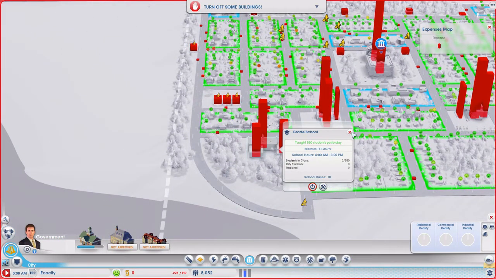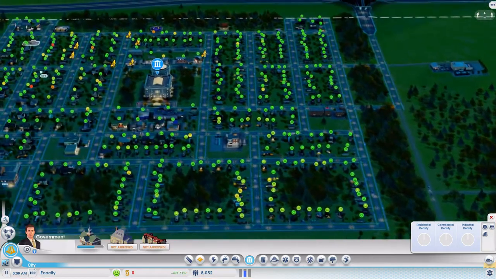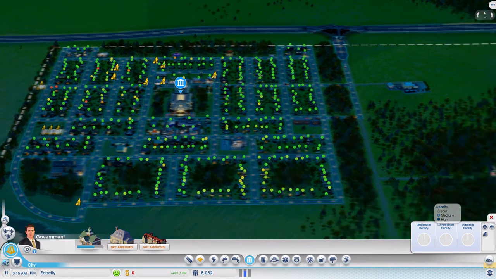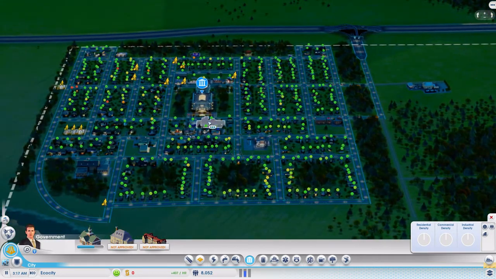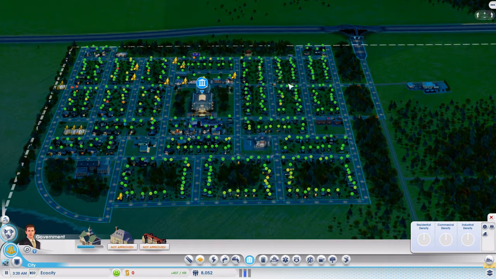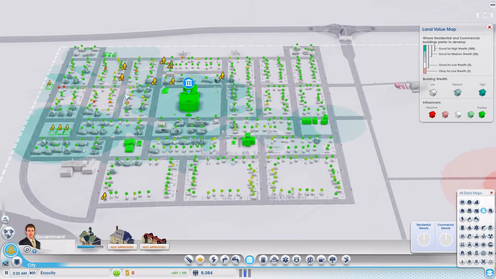school and the bus depot. Just to keep us in the blue for a sec. Or in the green, I should say. We might, next episode... This episode was a disaster, I'm not going to lie. I did have aims to... low land value. I don't understand this low land value. I don't know why they are protesting low land value when they've clearly got...